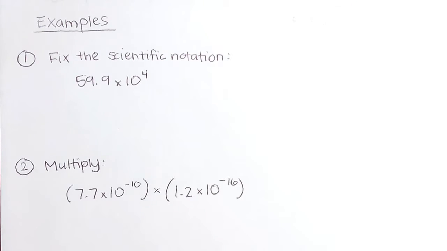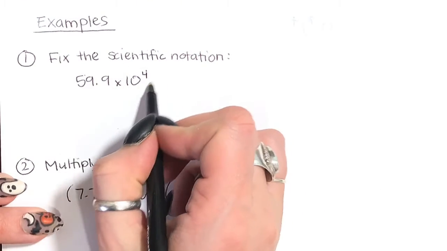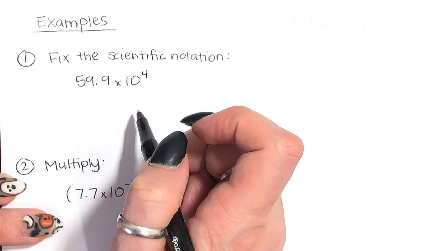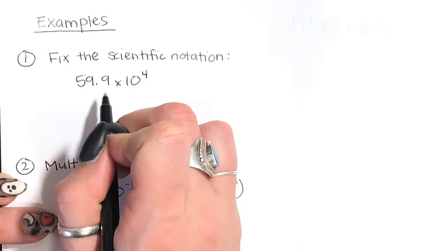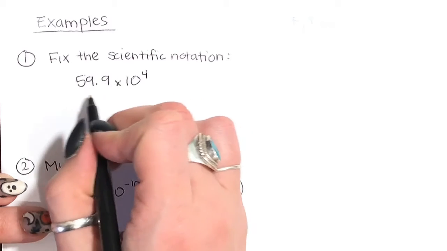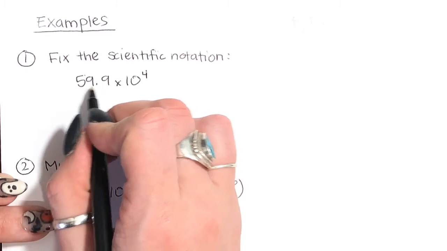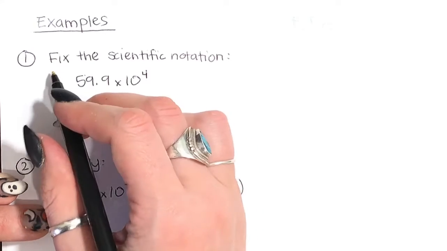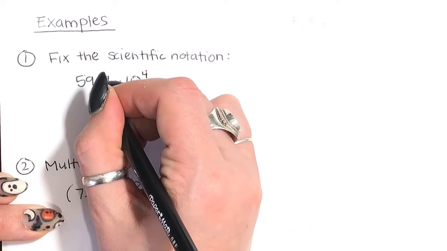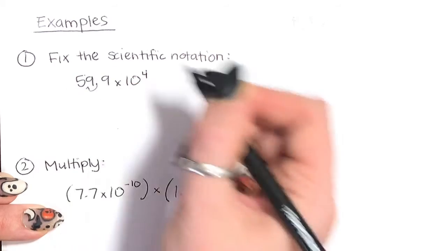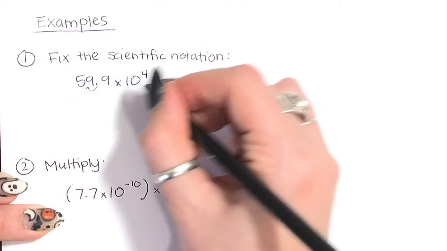Hey, and I have a few more examples. I want to show you how you will use scientific notation, just to make sure you know how to use all the different operations. Sometimes they are going to give you problems where the scientific notation is not in the correct format and you need to fix it. Remember, when we write scientific notation, that first number needs to have just 1 digit before the decimal. Right now we have 2 digits before the decimal. So when they say they want us to fix it, we need to fix this front part by moving that decimal one more time over, so that we get